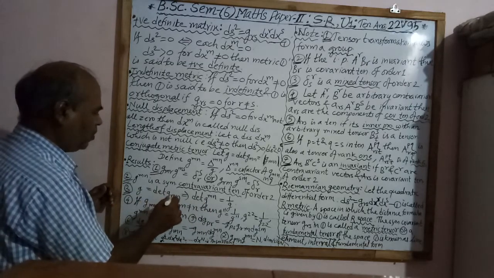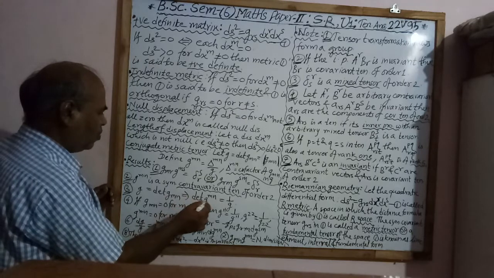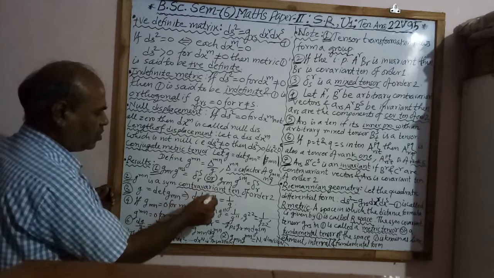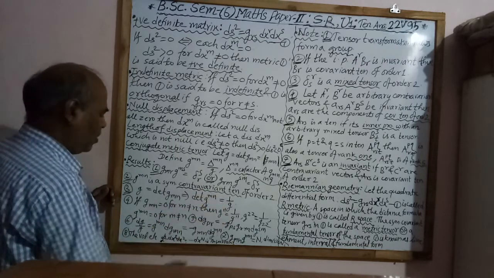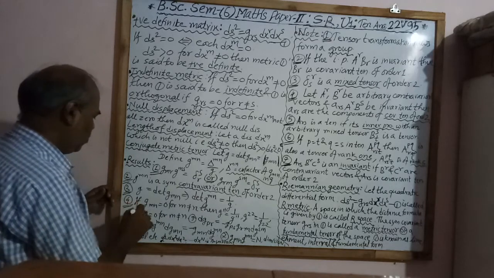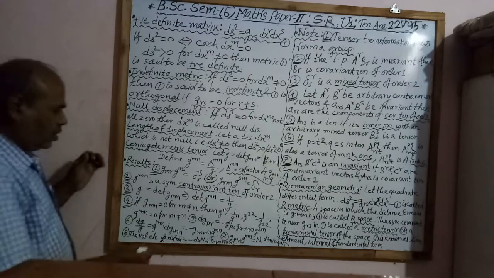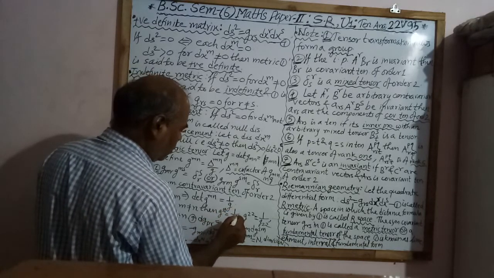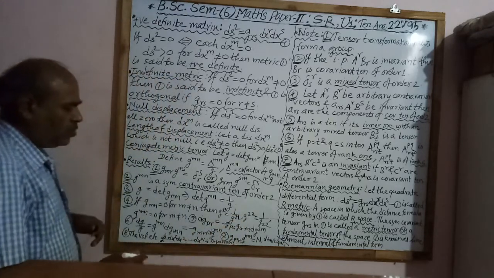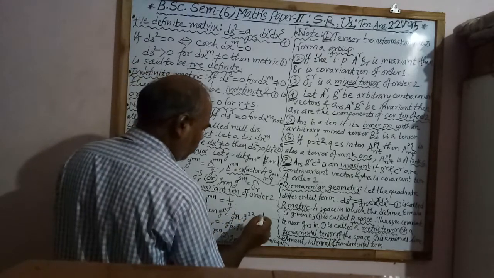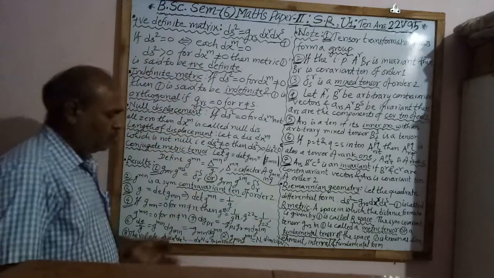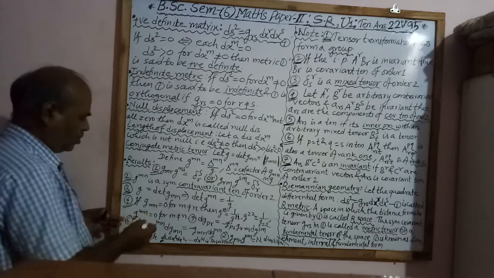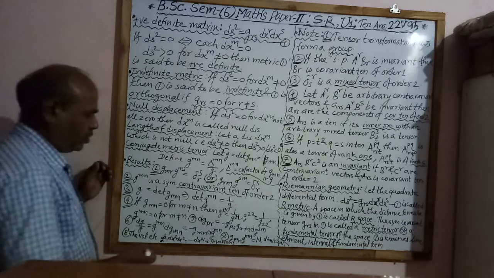Then third, z equal to determinant g_mn implies determinant g^mn equal to 1 upon z. Here g_mn is in the lower suffix, here g^mn is the index, that is the power of this z. Next point, if g_mn equal to 0 for m is not equal to n, then g^11 is given by 1 upon g_11, these are the fundamental tensors. g^22 equal to 1 upon g_22, g^33 equal to 1 upon g_33, like this, and so on we get. Lastly, g^mn equal to 0 for m is not equal to n.